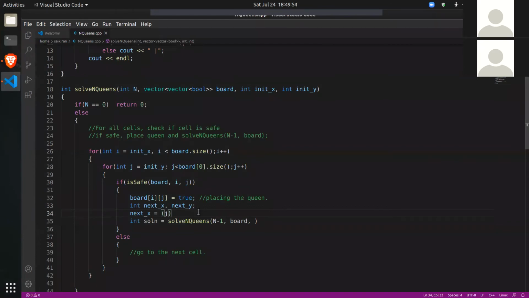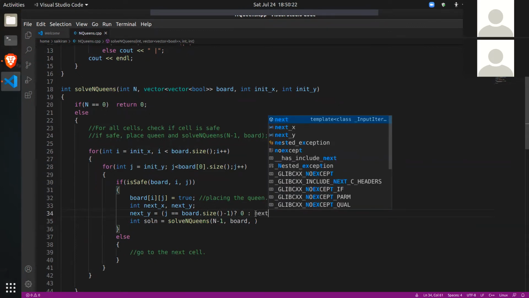If j is double equal to board dot size minus 1, that is if it is in the last position, then next y will be zero. Or if it is not that case, then next y will be j plus 1.